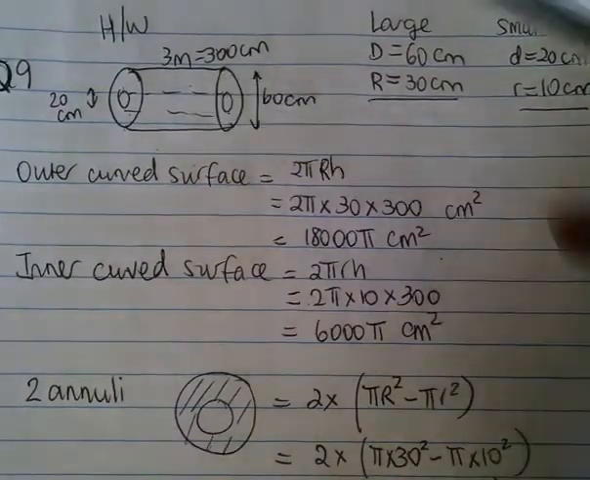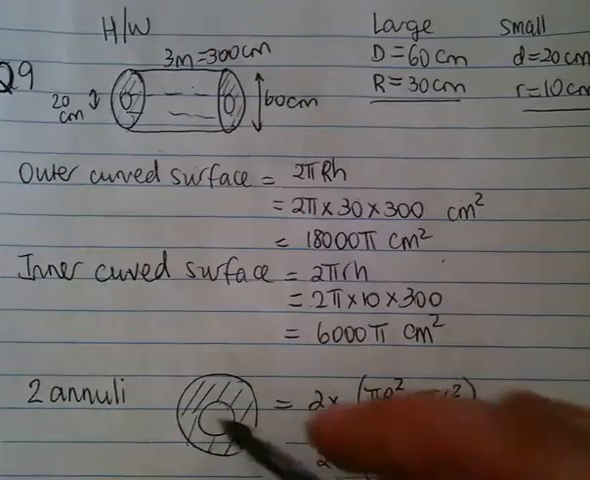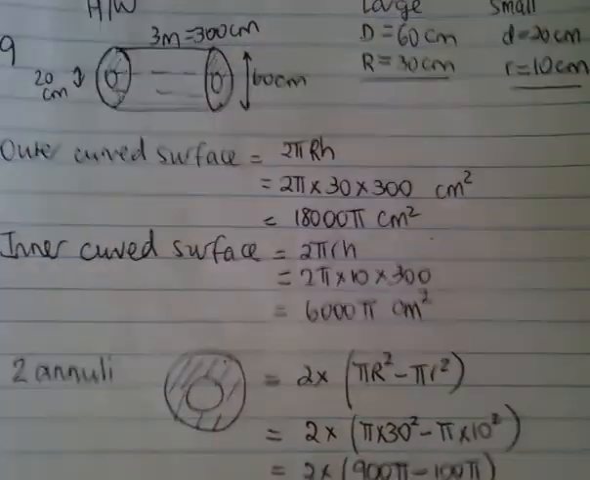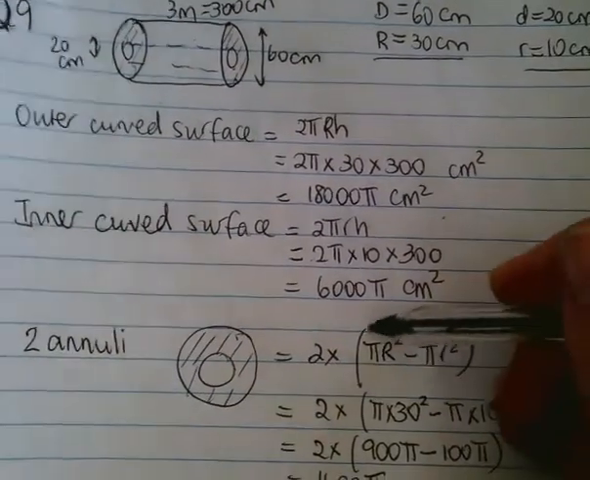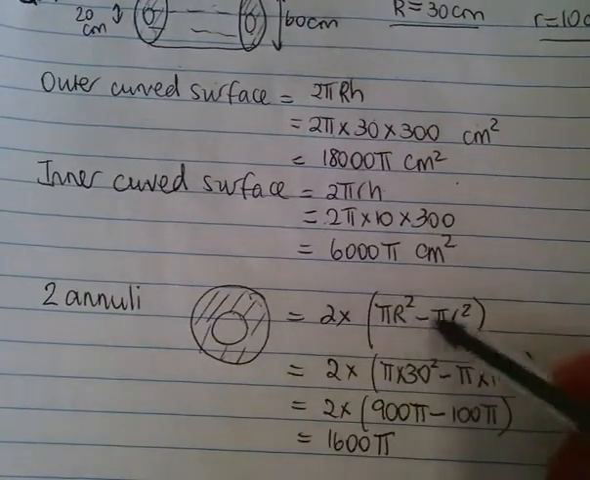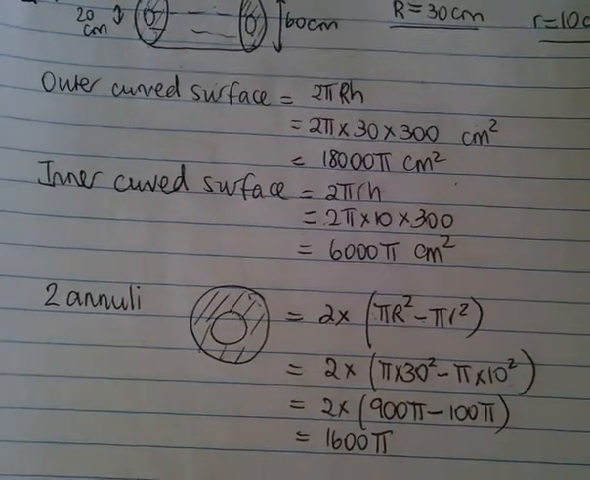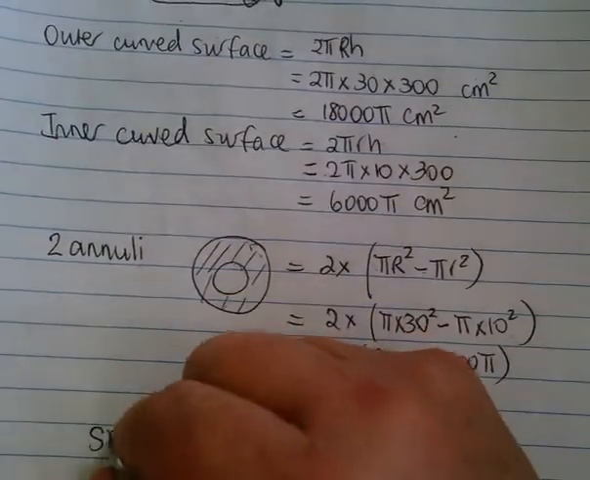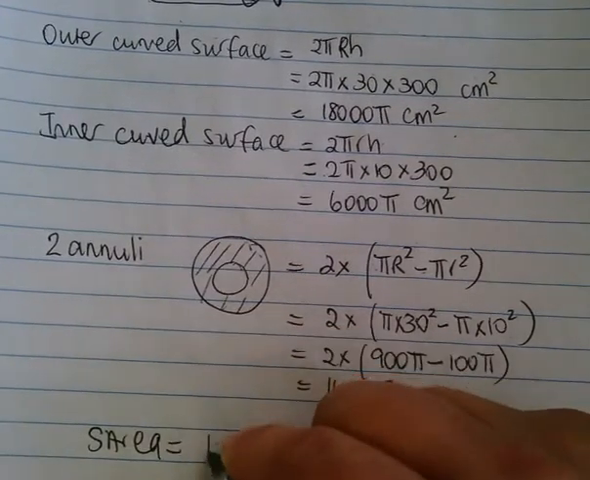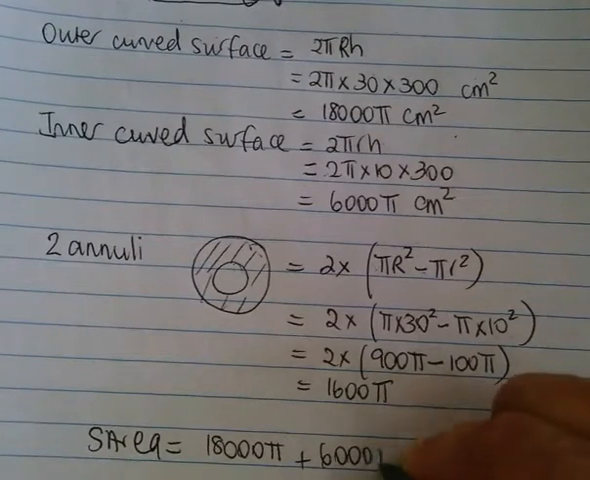Then you've got the two ends, which are annuluses or annuli, which is large circle minus small circle. So I've got 2 times, and then we do the shape in brackets. The large circle is pi r squared, cut out the small circle, again pi r squared. Substituting in both radii and working that out, you get 1600 pi. So therefore the surface area is 18,000 pi plus 6,000 pi plus